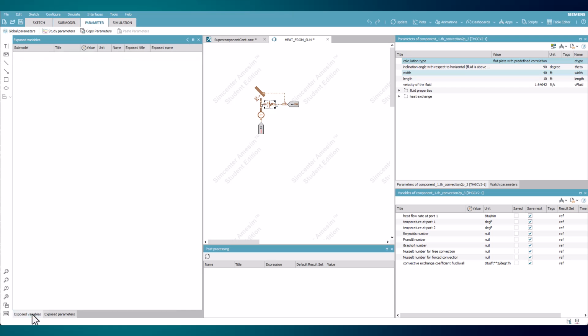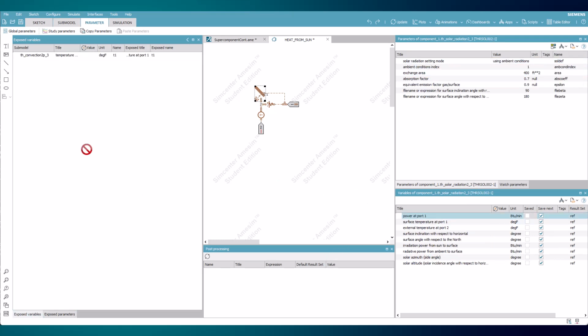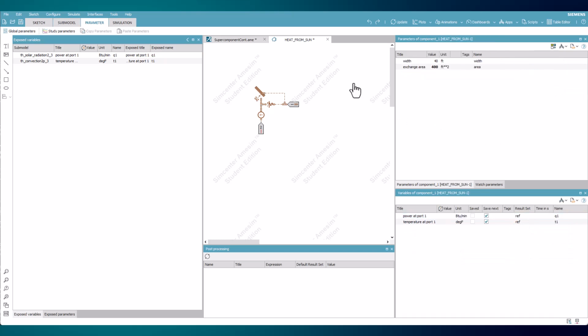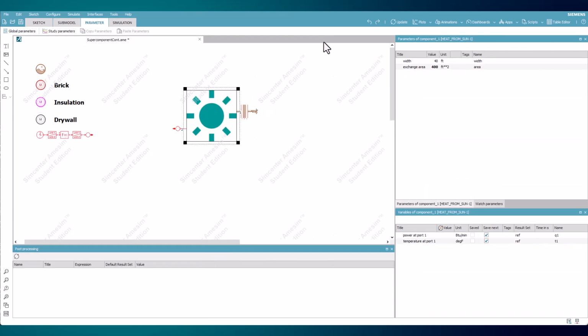What is brought in can always be deleted by right-clicking, and there is also an option to create groups for better organization. This allows the user to change parameters of these components without having to leave the main model and evaluate specific variables as well. After completion, moving to the main model shows each of the desired parameters and variables present within the supercomponent.